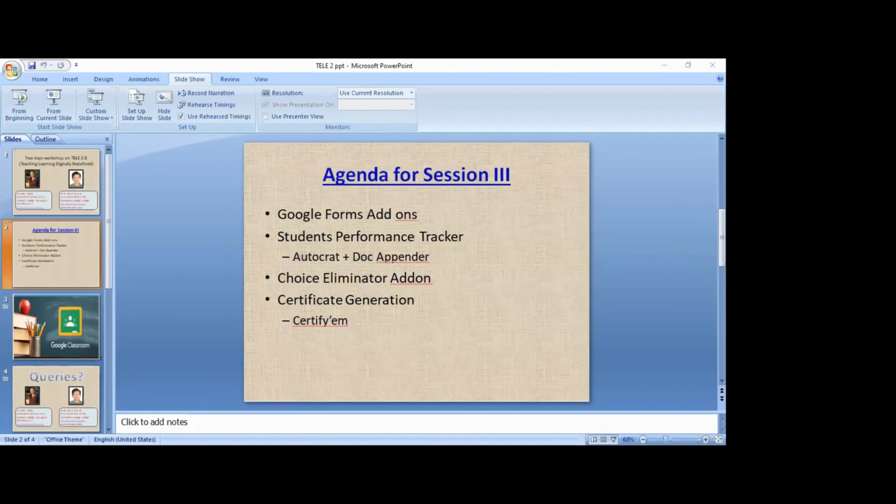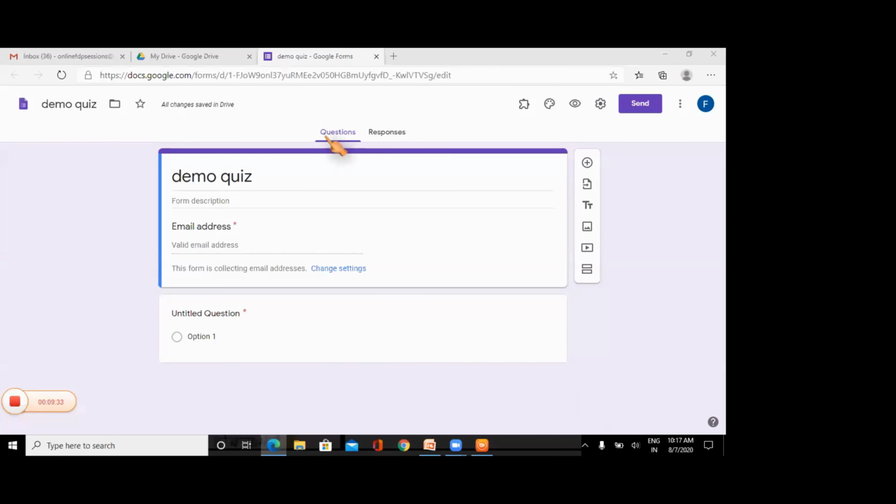Anita ma'am, Yes sir. Only the PowerPoint is visible on the screen. If you're working in the browser, it is not visible. Oh, it's not visible. It is still on the agenda for session 3. Oh, okay. I have explained all the steps with Google Classroom. That was not visible. No, ma'am. Sorry. Oh, okay. Let me share the screen once again. Sir, is it visible now? Oh, yeah, it's visible.